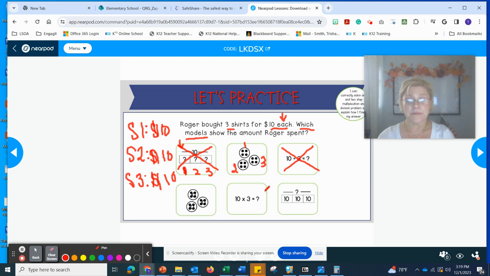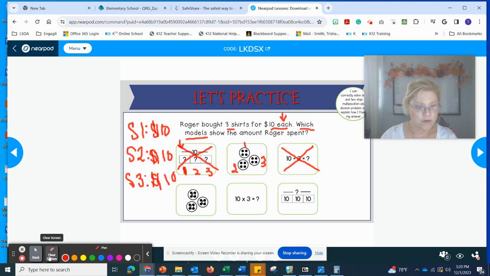So 1 shirt, 2 shirts, 3 shirts. The only way this model can represent this word problem, $10 each shirt, would be that there are 10 dots in each circle, or there's a number 10 in each circle, representing the cost of each shirt. But what's in that circle? 4 dots. So this model is not our model, because what this model is showing is